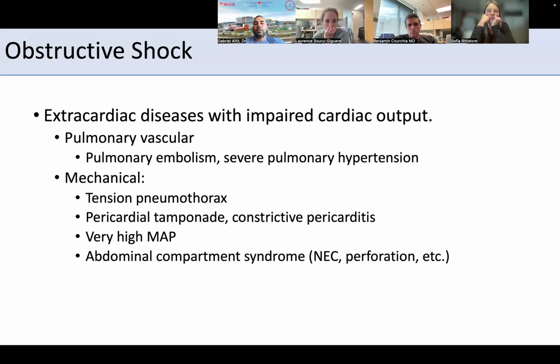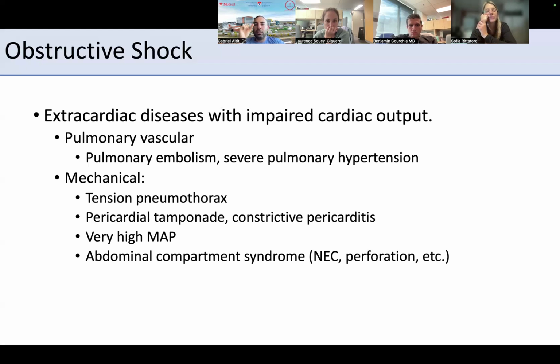But obstructive shock, the definition is typically an extracardiac condition that's leading to impaired cardiac output. What comes to mind often is tension pneumothorax, pericardial tamponade or constrictive pericarditis. You can also have pleural effusions that are causing issues. You can have abdominal compartment syndrome. So if you have a severe NEC with terrible intra-abdominal pressure, or gastroschisis that they try to reduce and now your intra-abdominal pressure is massive,